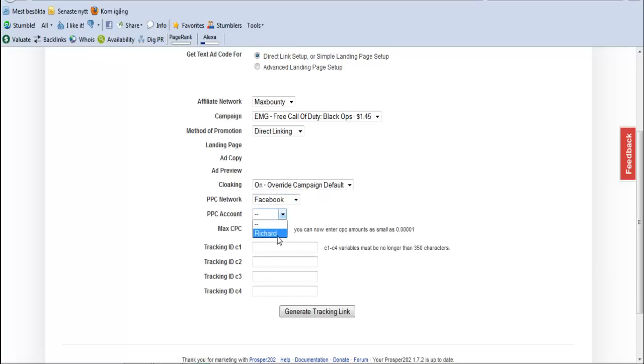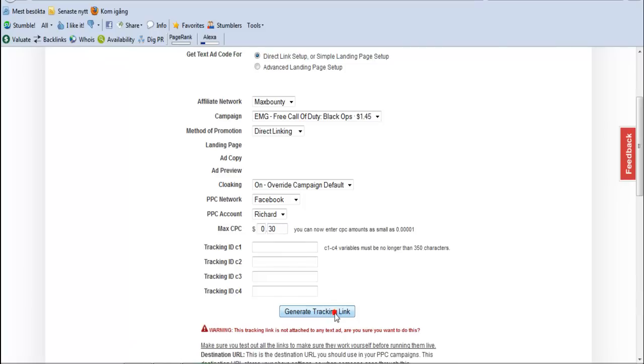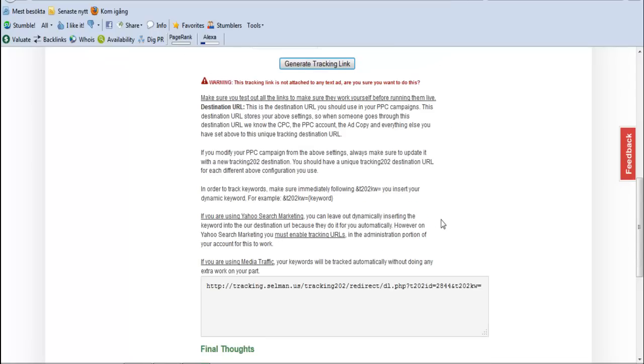And here I am going to select the username for the PPC account, and I am going to set the CPC of my clicks. So I am going to set it here to 30 at the start, and I am going to generate the link. So this is the link that I am going to use